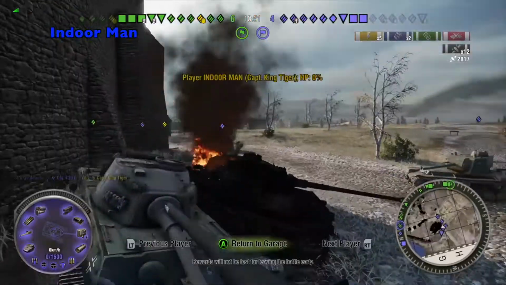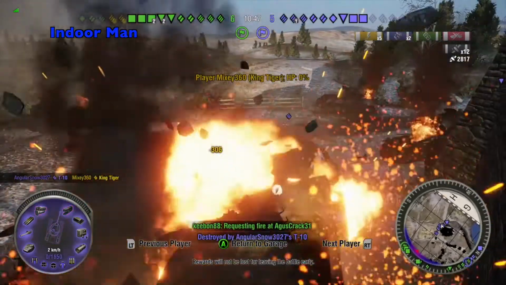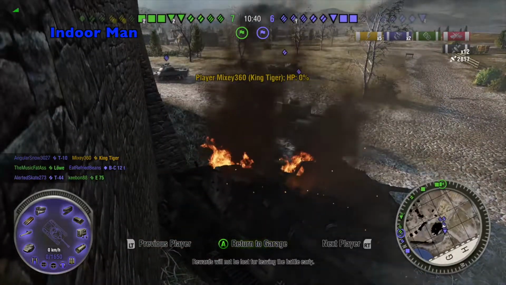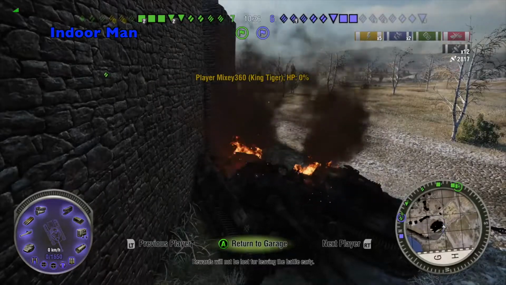In death, I was able to be a little helpful to Mixey360, blocking his side for a few seconds. Some simple things there that worked out well, in a position that could have just ended up being an absolute disaster. We didn't stay in the battle to watch the end of this, now let's check the post-game stats and